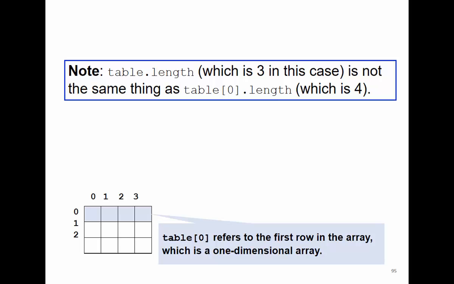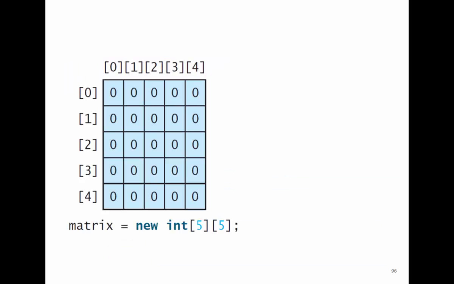So it's very important to keep this in your mind whenever you're dealing with a two-dimensional array. table.length will return what? The length of the array, the number of rows. Now, if you need the number of elements in the columns, you say table[0] and you ask for the length, the number of columns. This is an example of defining an array of 5 by 5. So int, you open the brackets, 5, close it, open the bracket 5 and close it. This will return a two-dimensional array of 5 by 5.